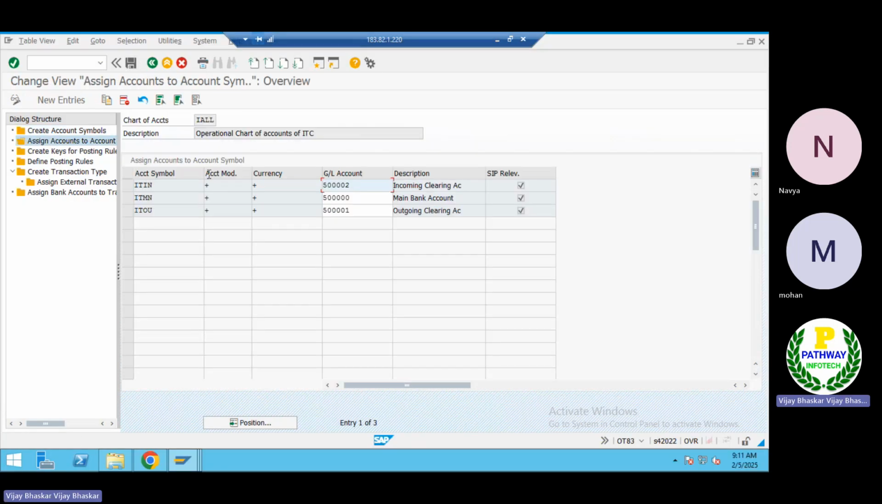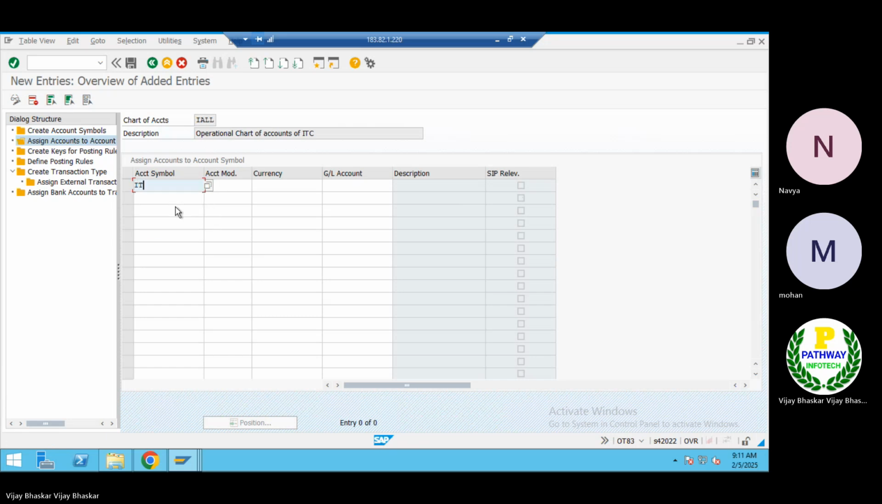Now let's go to the ITKM. Account symbol, currency, then 500100, main bank account. Then ITK outgoing 101, outgoing clear. Then ITKI incoming 500102, incoming and outgoing. How are these GL accounts deriving? Because yesterday I had already created the GL accounts. Now in front of you, I have created